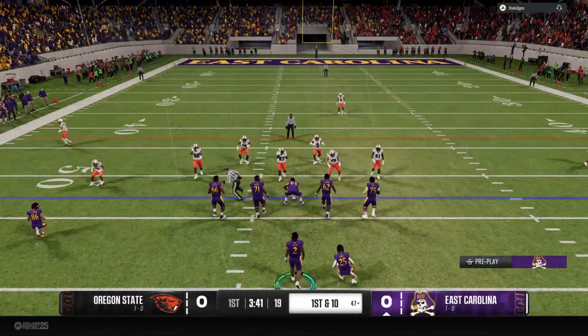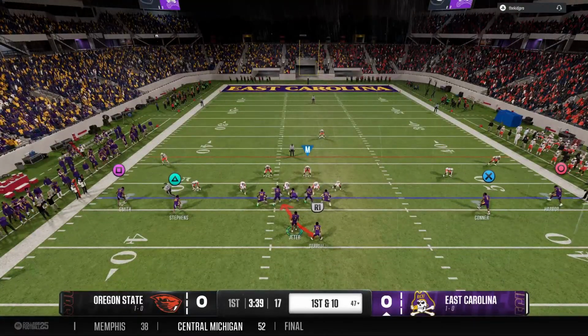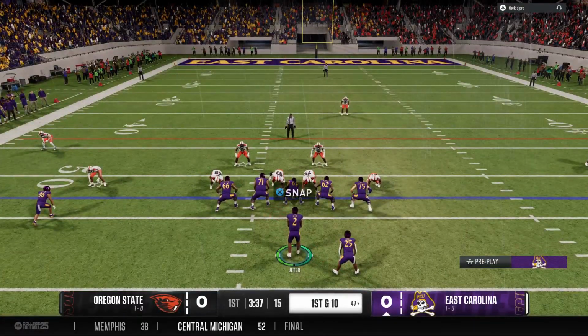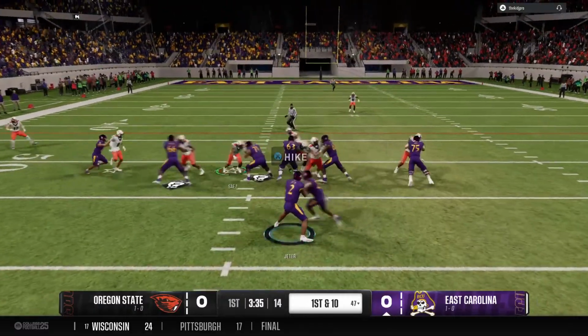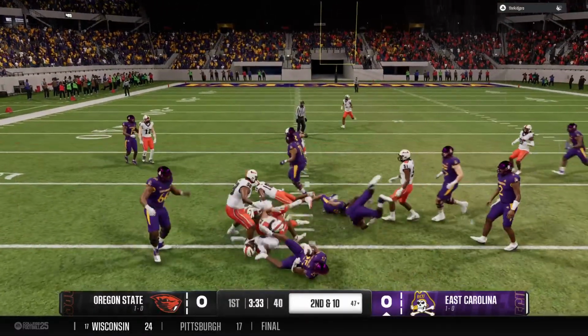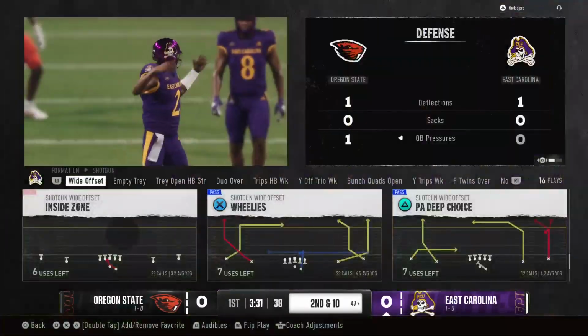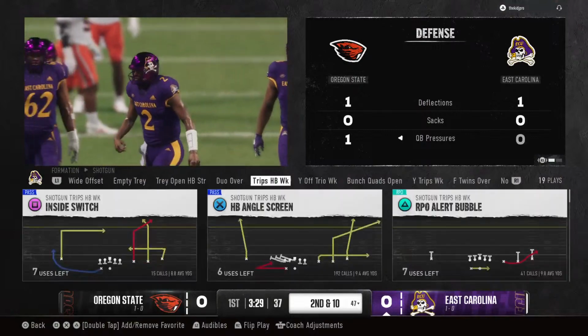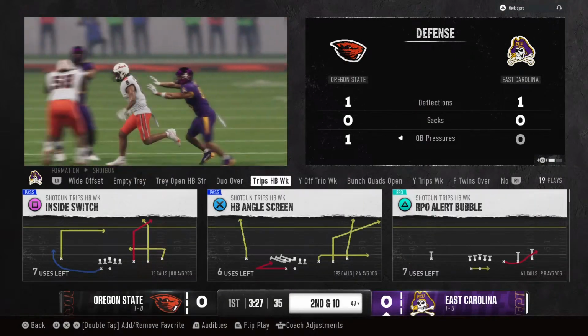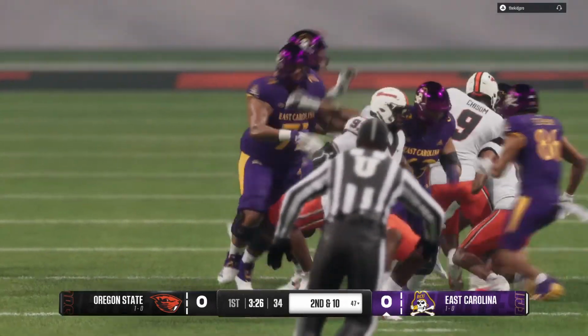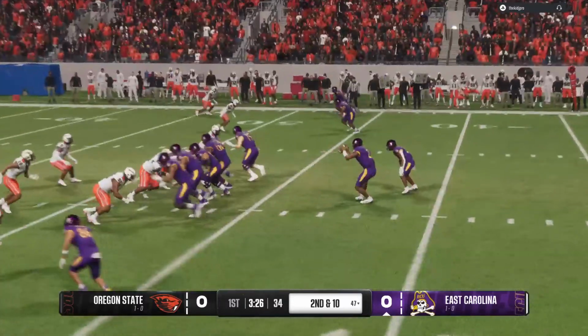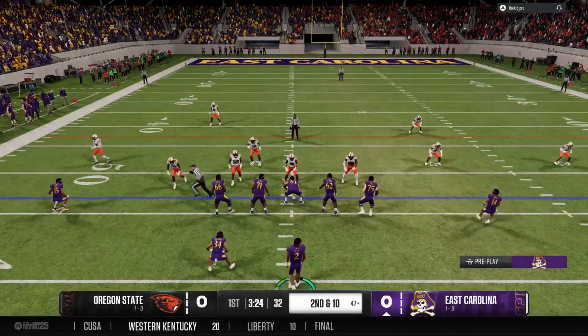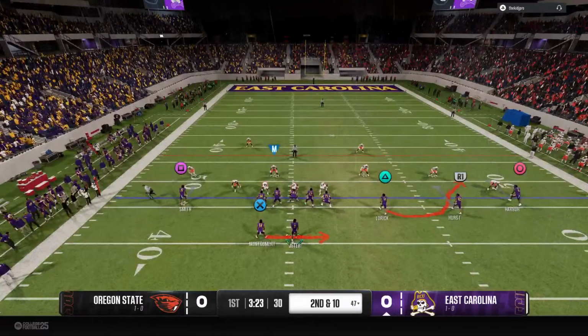The Pirates have it with a 1st and 10. They'll leave it with him. A run up the middle is stopped for no gain. That back had absolutely nowhere to run the football. Actually, is he counting? I think he's counting to make sure there's only 11 guys on defense. They got nothing on the last play. It's 2nd and 10.